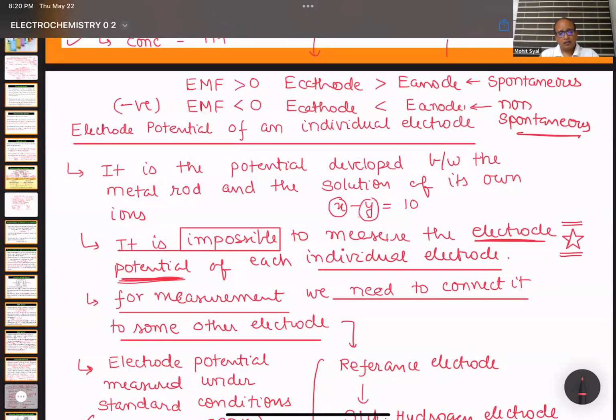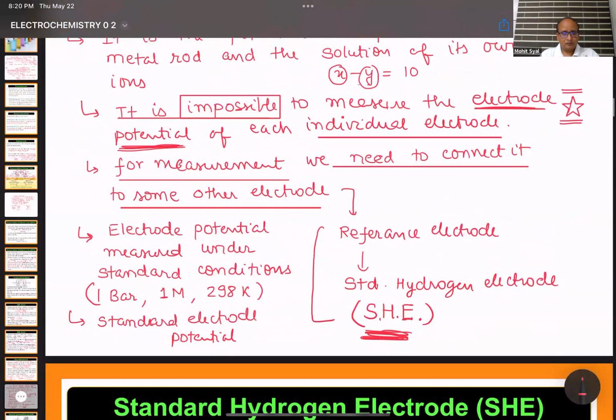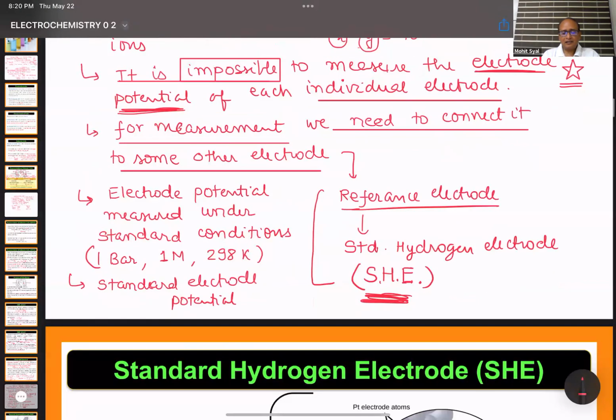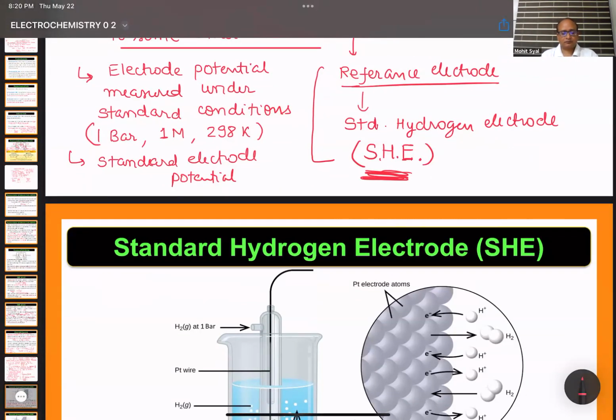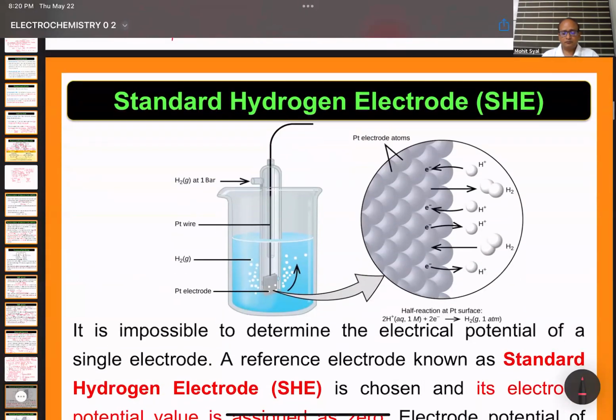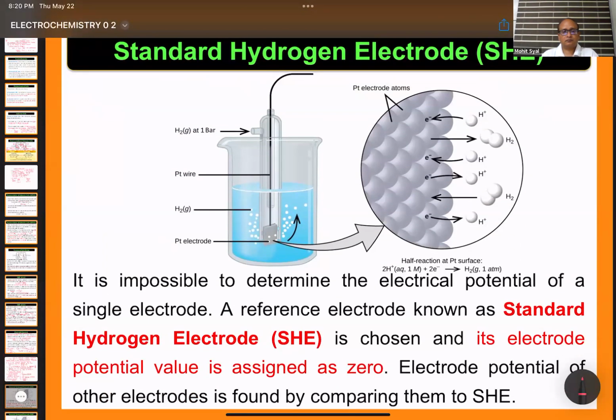So now the problem has been sorted out by using a reference electrode, and that is the standard hydrogen electrode. Standard hydrogen electrode is taken to be the reference electrode for the measurement of electrode potentials of all other electrodes. So all other electrodes,